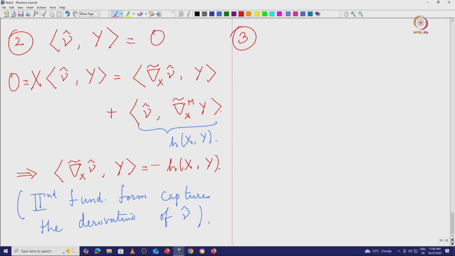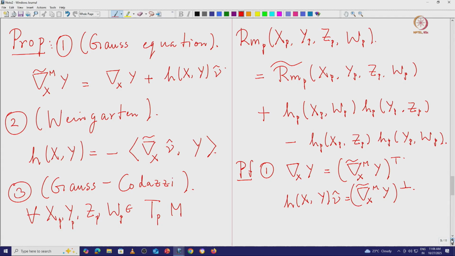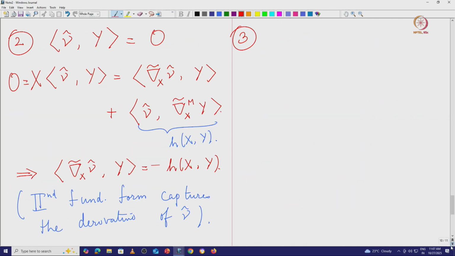So, if you remember in the first lecture, as a motivation for curvature of surfaces in R3, I had said that one way to think about curvature, a surface is really curved if the rate of change of the unit normal vector is really large, right. So, then it is not surprising that the Gauss-Codazzi equation basically relates the curvature of M to the curvature of the ambient manifold and the second fundamental form, which captures how your normal vector is sort of changing. Okay, so now let us prove the